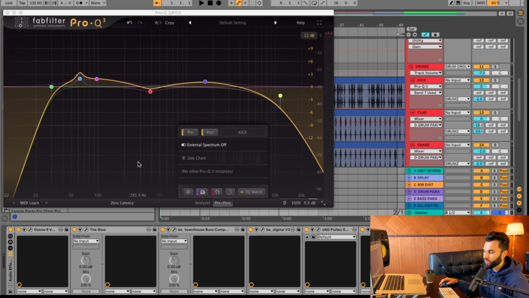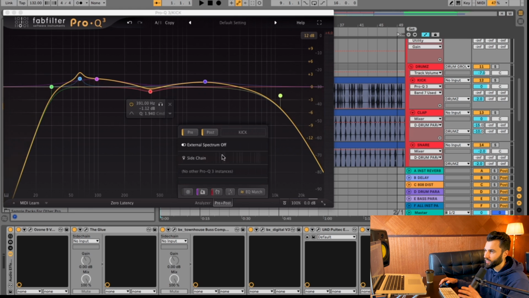You see what I'm saying here? And if you put this Pro Q3 on a variety of tracks, you can actually see a list of them here. And what you can do is you can see the frequency spectrum of another sound on this Pro Q3. So for example, I could put one on the bass and then put one here, and I can now trigger it to see. And what's really cool about this Pro Q3 is I can actually put another instance of it on another sound, a competing sound such as the bass, and it'll show the frequency spectrum for that. And then I can make my decisions, with both in mind.